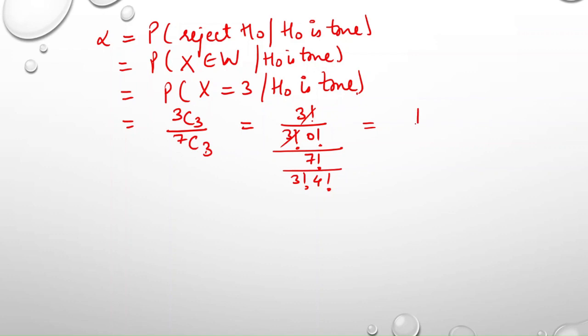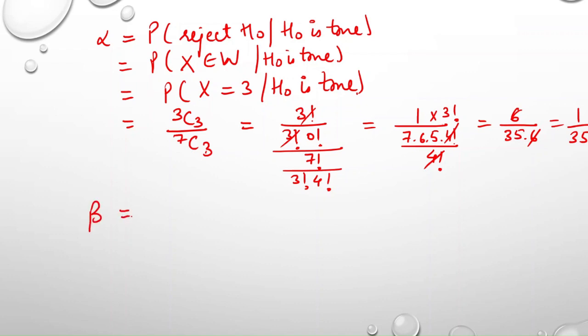So this would be 1 over... so that's 6 over 35 into 6. So that's 1 over 35. That's our alpha error. Now beta error would be given by the probability that we accept